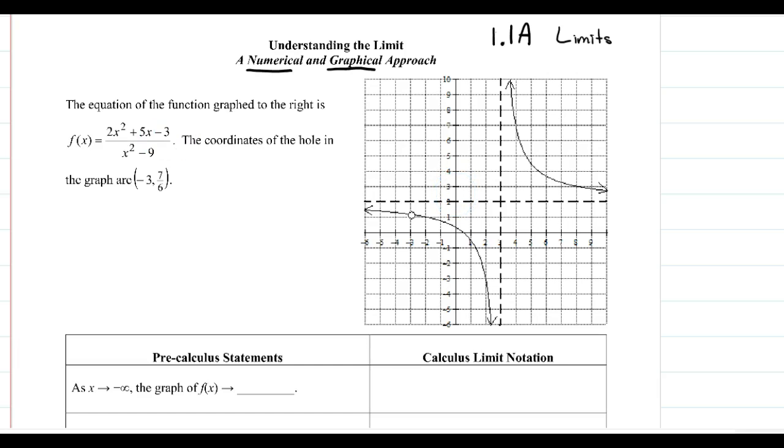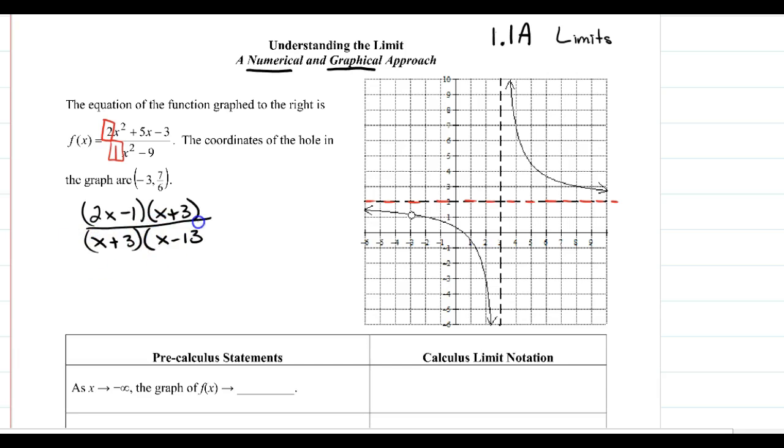We know that the coefficients of our highest powered terms in the numerator and denominator give us our horizontal asymptote, which we see here at y equals 2. I can also factor this to 2x minus 1 times x plus 3 over x plus 3